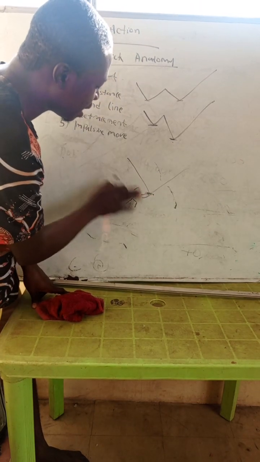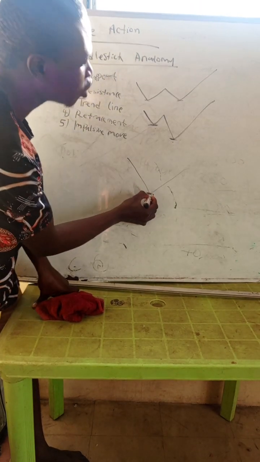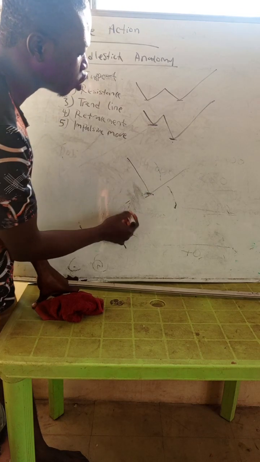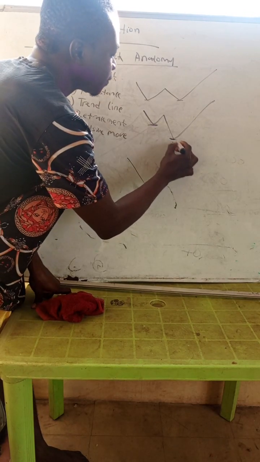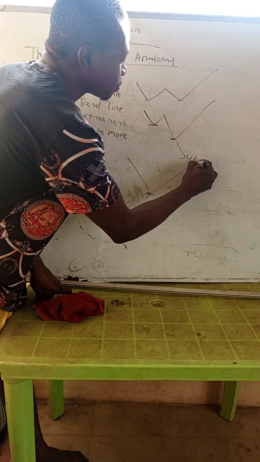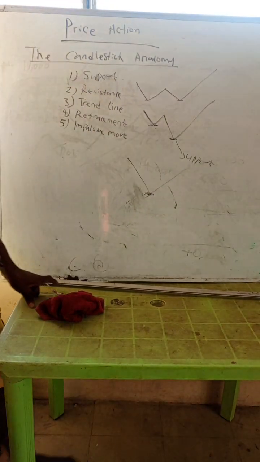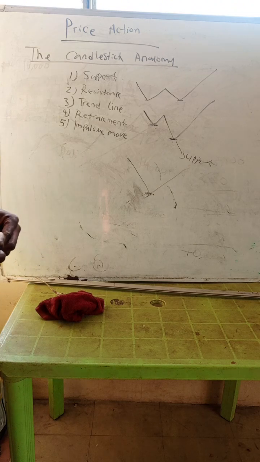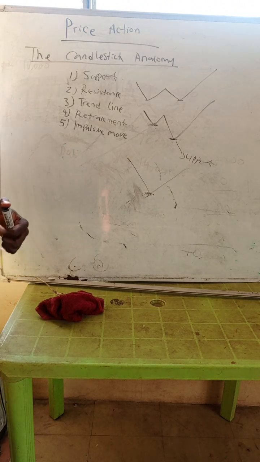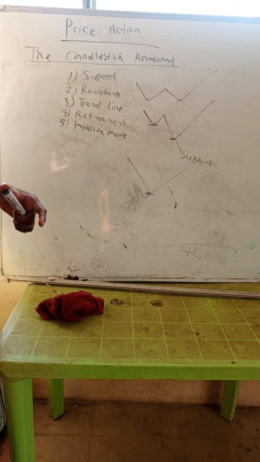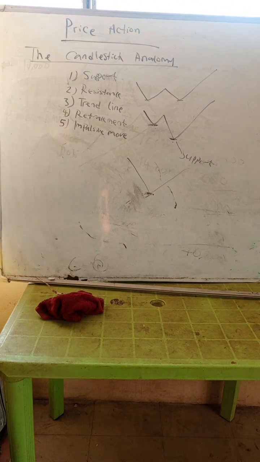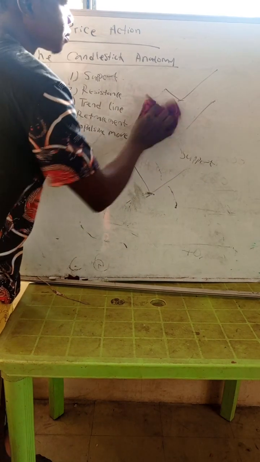So this point here in the market, where the price failed to go any lower because of a push to the upside, is what they call a support. So you can label it as a support. This kind of level is what they call support. So I'm going to draw more supports for you. I'm going to draw more lines and charts for you. Then you, on your own, identify the supports there for me. I will do this quickly.